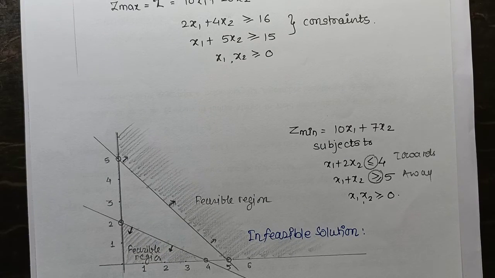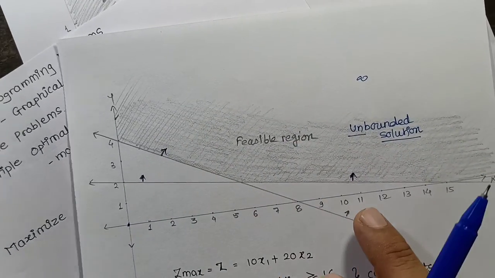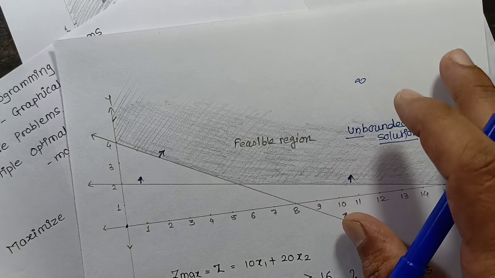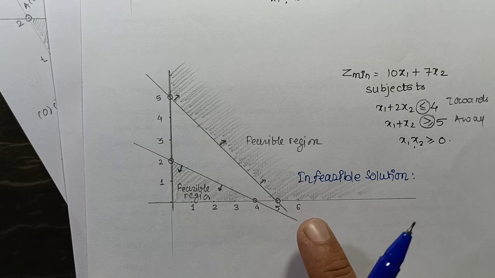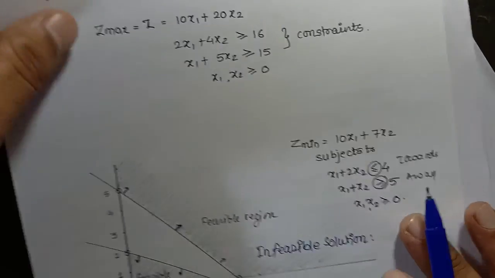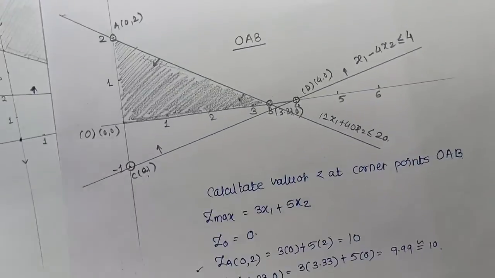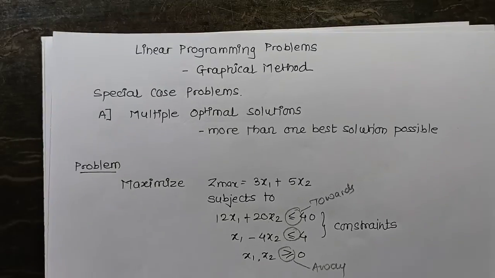Right, so these are the three different types of alternatives that are possible for a linear problem with the help of graphical method. One is there could be multiple solutions possible like this. There could be an unbounded region where it is not possible to find the correct maximum value and it goes to infinity. There could be different feasible regions which do not match each other, so this is called an infeasible solution. So this is all about solving a linear programming problem with the help of graphical method, and all the special cases are considered here.